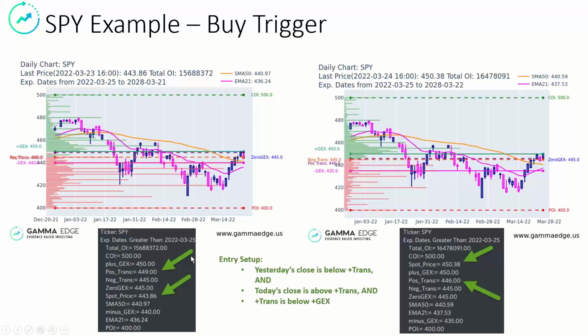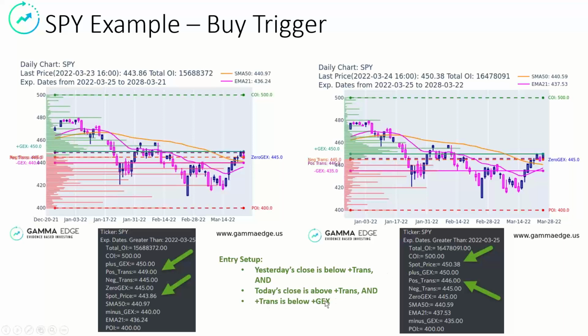So you would want to pay attention to your favorite index here, and you would want to see, is this condition being established? And then on the following day, one day later, so this was the 23rd, now we're on the 24th, positive trans is here, and you can see the spot price actually closed above. So yesterday it was below, now it's above. And so that would be your potential signal to go ahead and get in